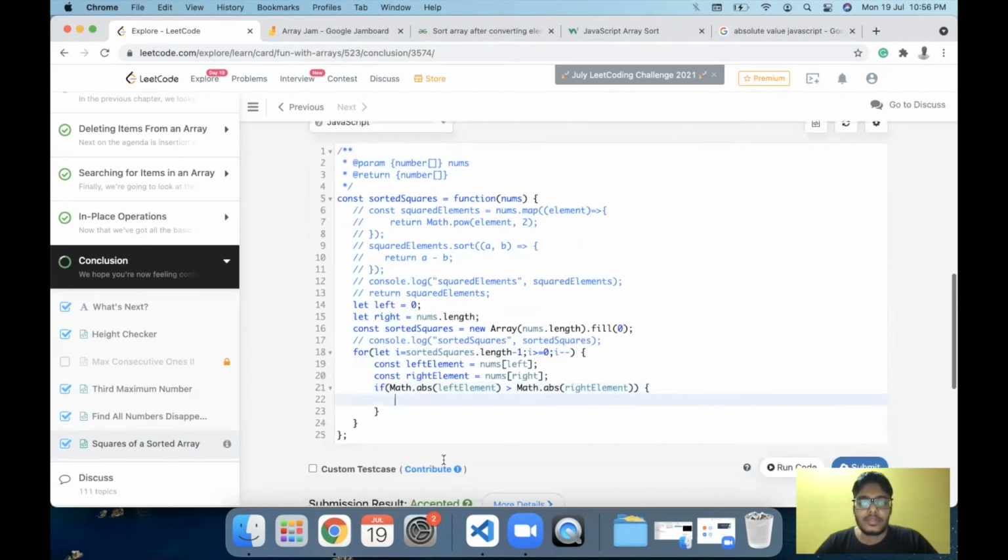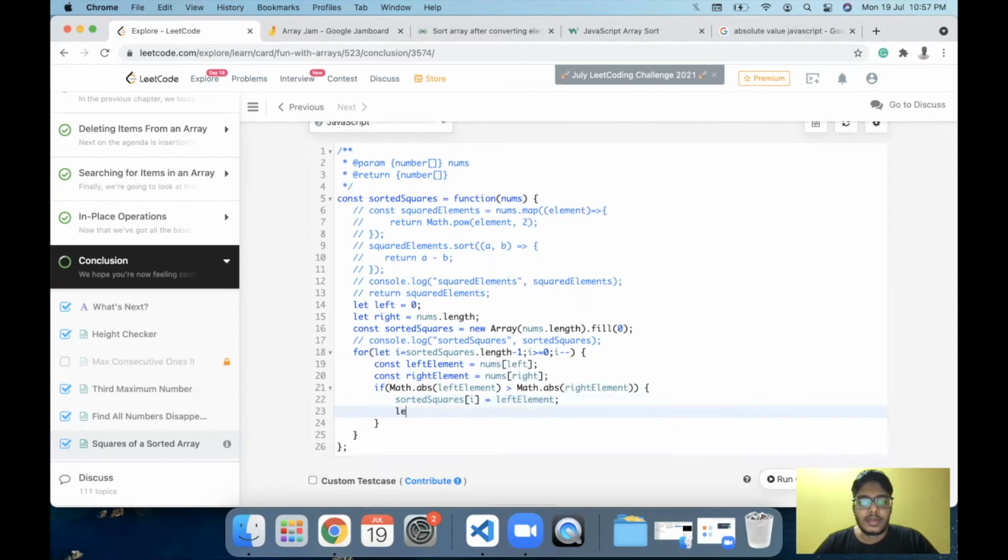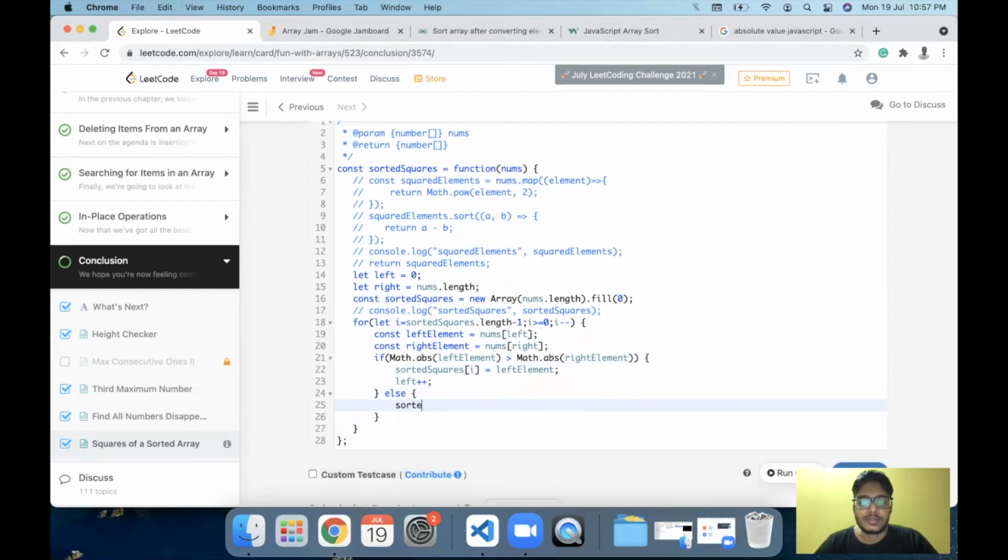If the left element is greater, we set the left element as the last element for the first iteration, and so on and so forth. So this will be equal to the left element, and we increment the left pointer because it's starting from 0. We know that the right element is the greater element, so we set the right element as the last element,